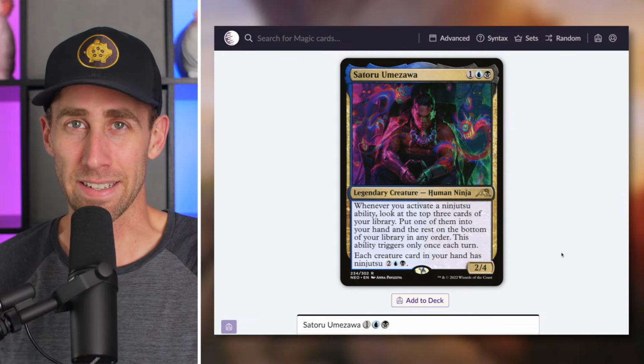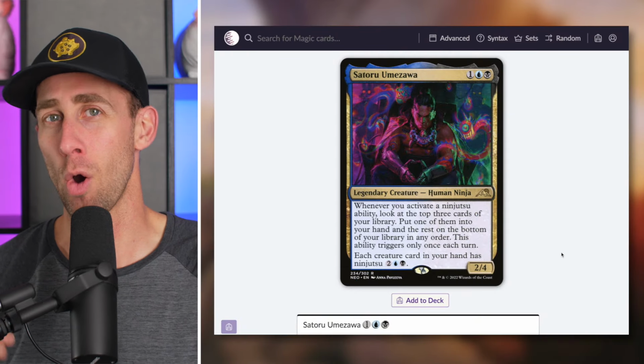That is going to be $20, 20 minutes. This is going to be an amazing deck. Let's jump into it. So the deck today that I am building on the fly for you is built around